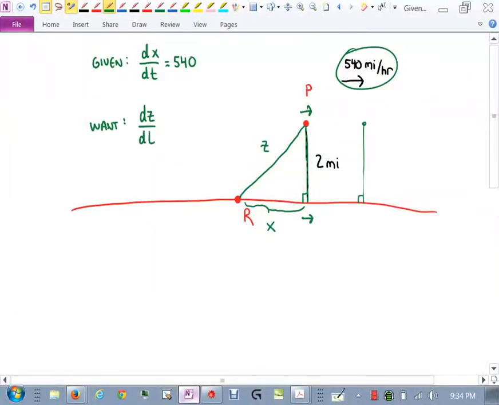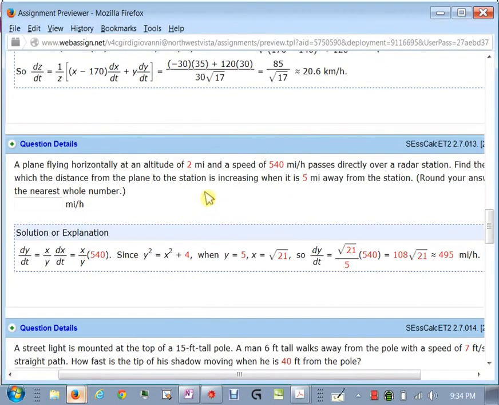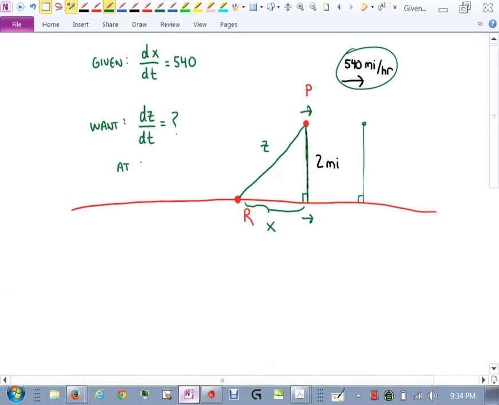From the radar station to the plane is changing at exactly the moment that the distance is 5 miles from the radar station. Let me see, that's 5 miles away from the radar station. So I want to know that at exactly the moment z is equal to 5 miles. So this is my general picture, what's happening. My instant in time